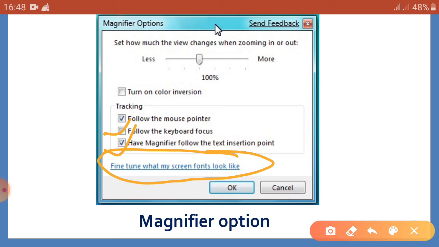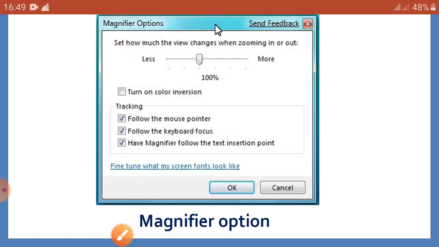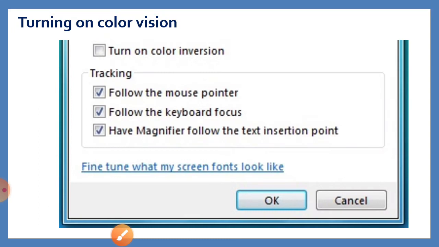This will activate the text tuner software ClearType. It will let you choose the text samples that best suit your requirement and accordingly adjust the font of the text. Okay, got it? Okay, go to the next.